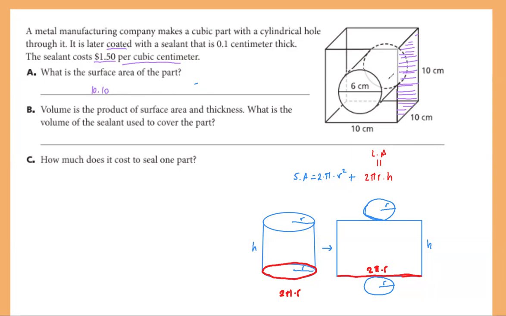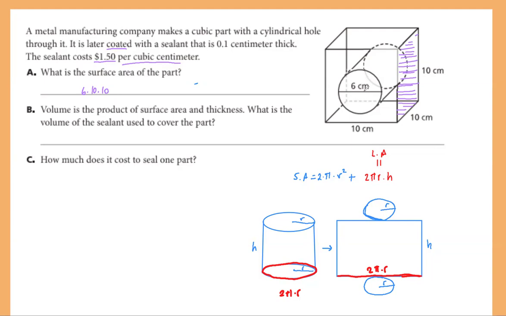But we have 6 of these, right? So we have 6 of the cubic sides. So if you multiply this 100 by 6, you get the surface area of the cube when there is no hole. But now we have a hole, so we have to include some additional